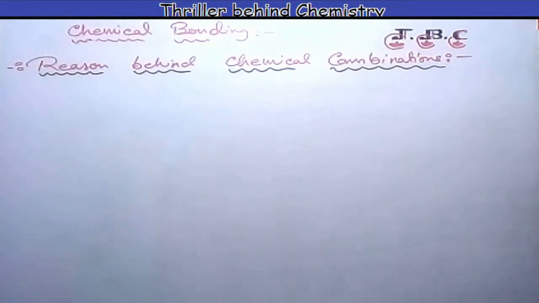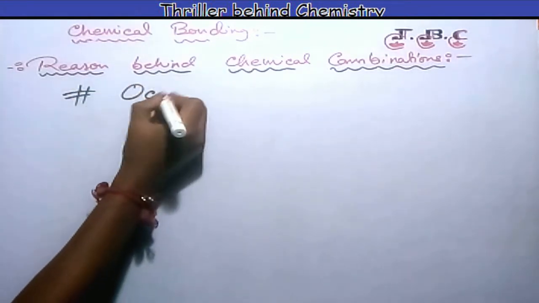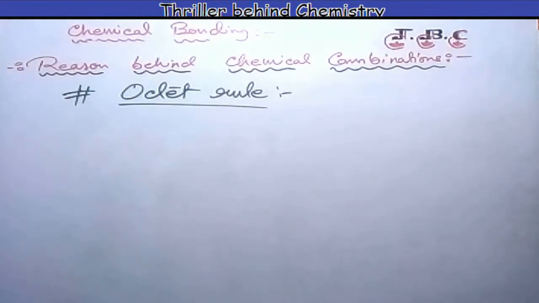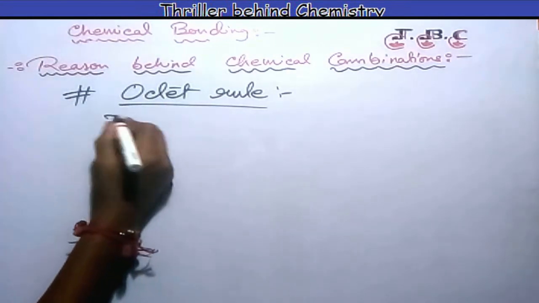So the condition for the stable electronic configuration is that the valence shell has 8 electrons. Based on this, a rule, a concept comes forward, that is the octet rule. The octet rule is based on the inertness of noble gases, and that rule was a thought approaching the atom to share, gain or donate electrons to acquire the stable electronic configuration like the nearest noble gases. So what is the description of the octet rule?